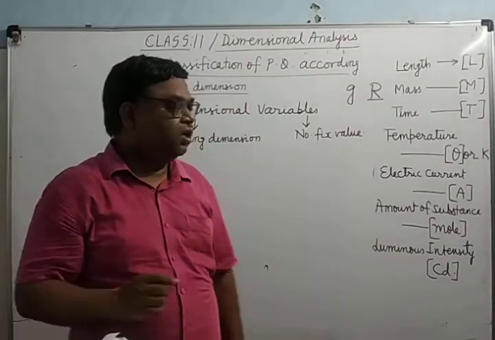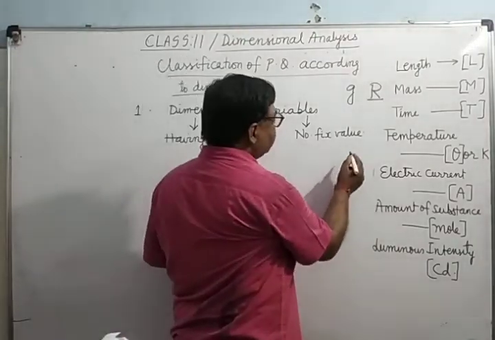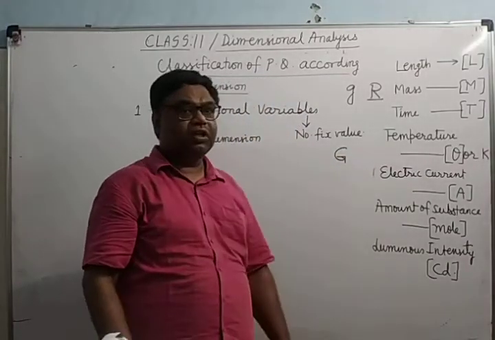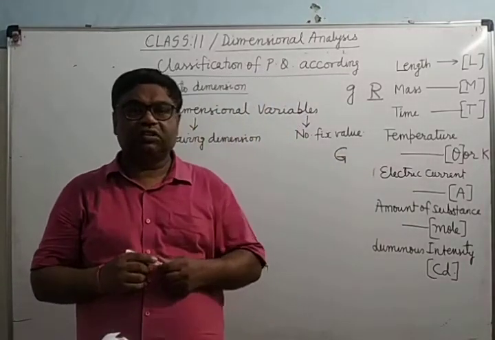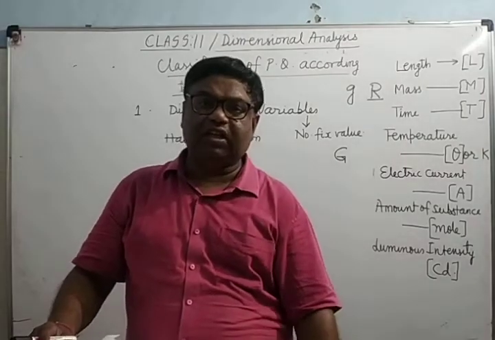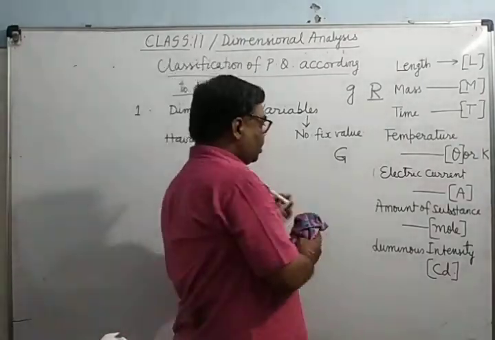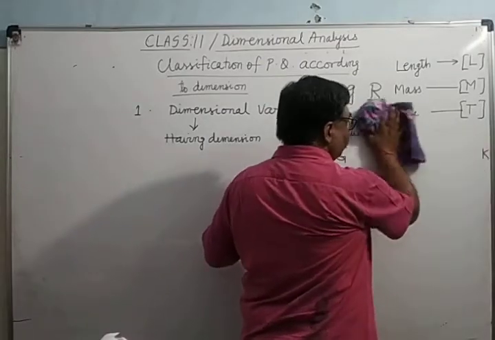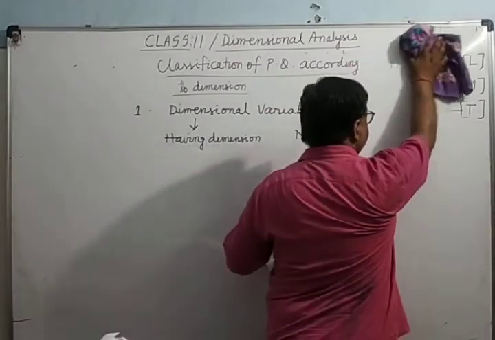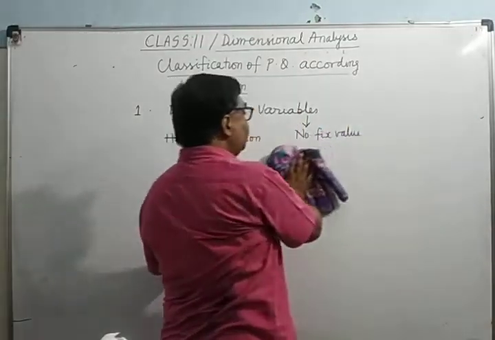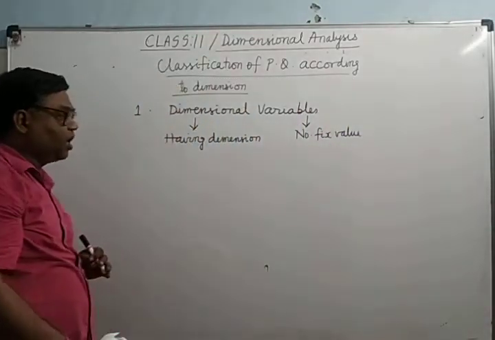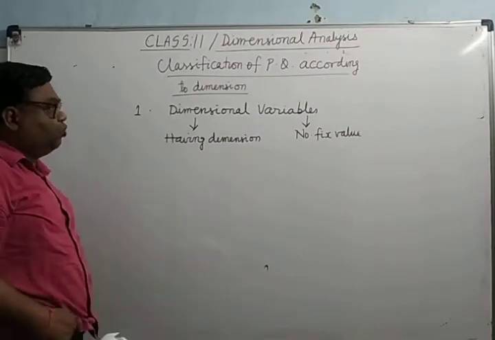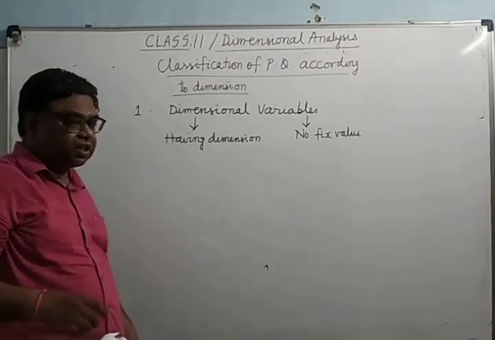It's clear? When we say universal gravitational constant, immediately one value comes in our mind, 6.67 into 10 to the power minus 11 in SI unit. About these values you will come to know afterwards. When we say pi, immediately one value comes in mind. It is 22 upon 7 or 3.14. It's clear? So those are called the constants.